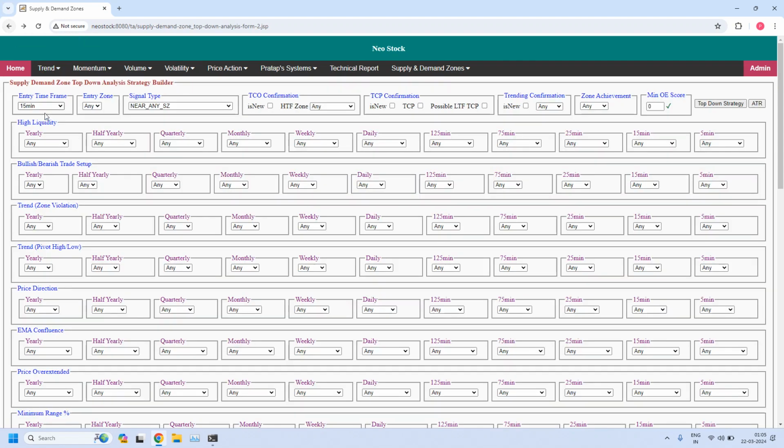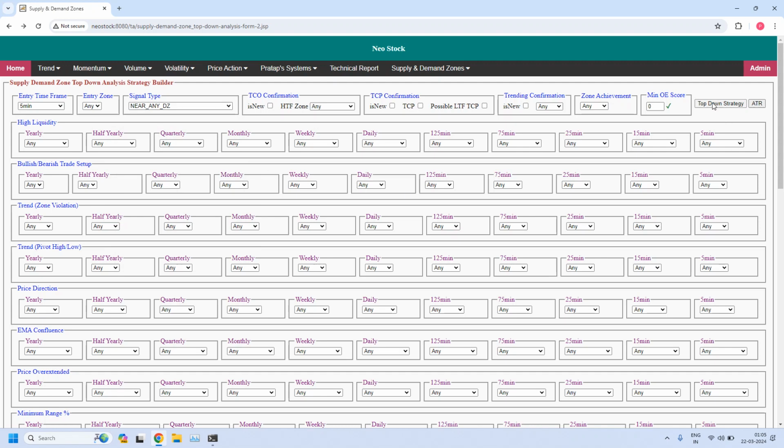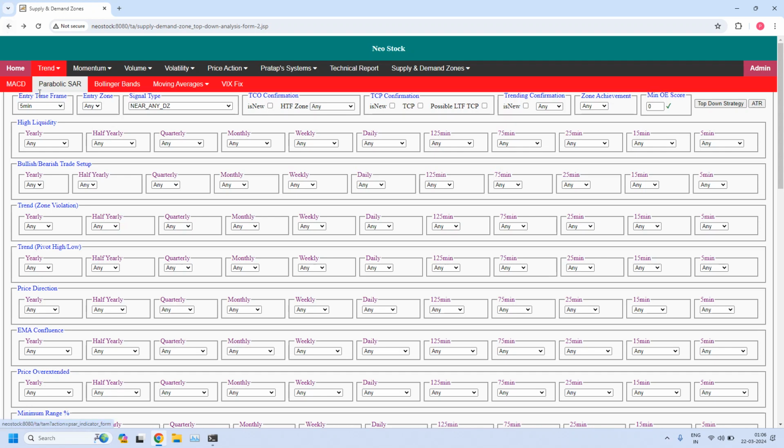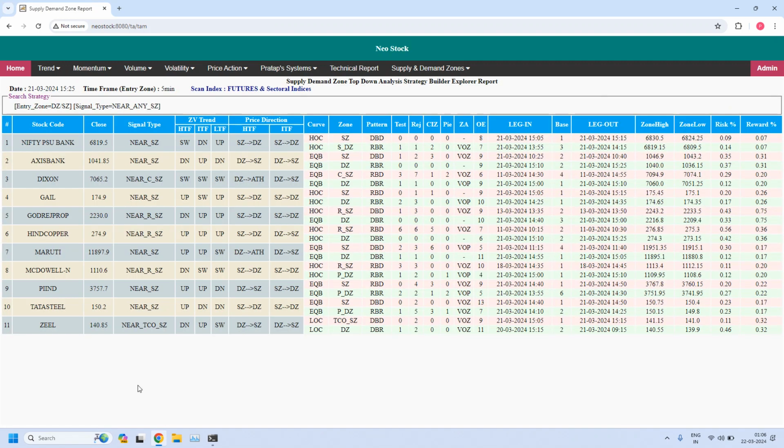So going back, changing the time frame to 5 minutes. Let us find the stocks near the 5 minutes demand zone. 6 stocks are filtered which are near the 5 minutes demand zone. Let me go back. For the 5 minutes time frame, let us find the stocks near the 5 minutes supply zone. These 11 stocks are filtered. So these are the stocks near demand and supply zones, and also we identified 75 minutes and daily high liquidity